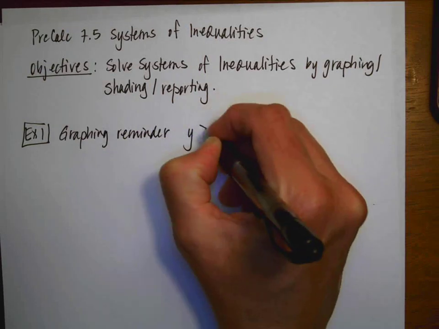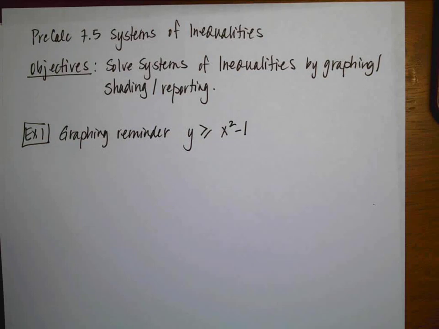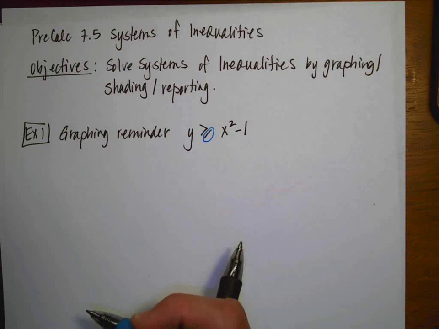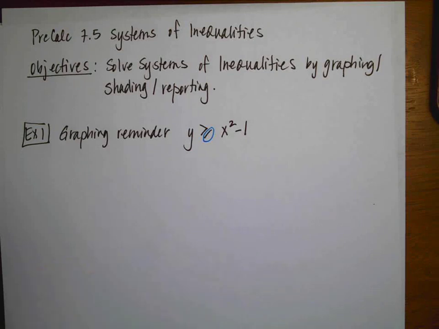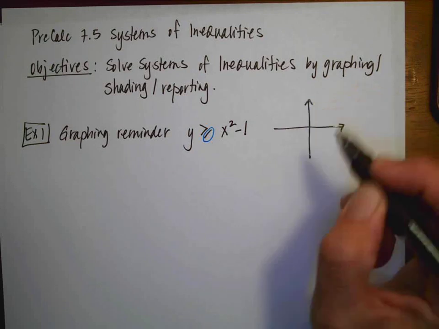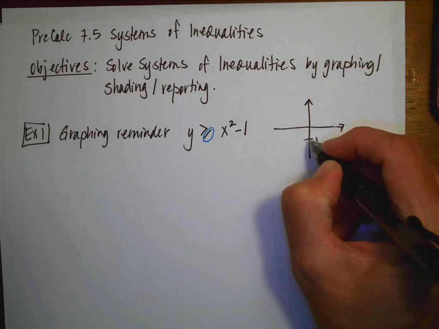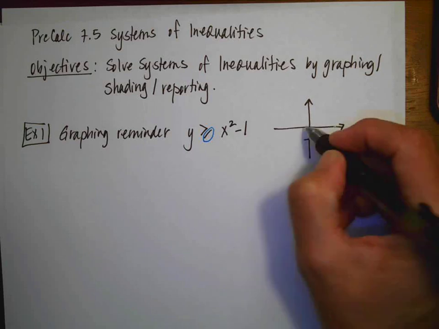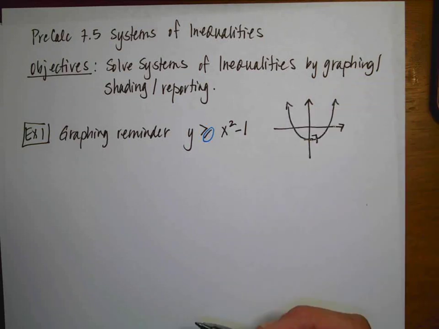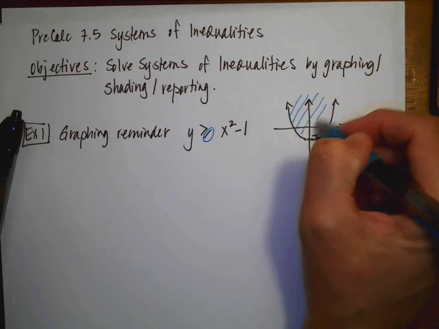So if I have y is greater than or equal to x squared minus 1, in this particular problem, because there is the equal portion of the inequality, that means that the line is included in the solution of the graph. So if I graphed this parabola, it has a y-intercept of -1, and then it would cross like this. So the line would be part of the solution, and then I would shade everything that is greater